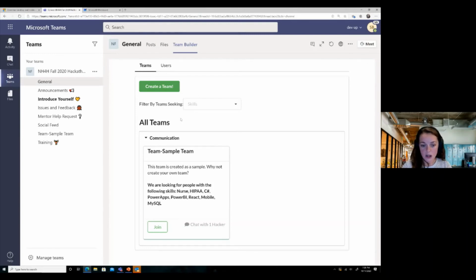So. Awesome. And I should say one more piece on the Team Builder. I wasn't showing this at first, but Dave did create this sample team. Another thing that you can do is you can see all the teams, and instead of just chatting one-on-one with one of the hackers that's on that team, which you can do, you can also just join the sample team. And again, you'll be added to that channel that they have created through this Team Builder. So it should make it a very simple and clear experience for you. But as always, if you're still having trouble, we're here to help you find a team. We're just glad you're here, and we can always use your support no matter what background you're bringing.